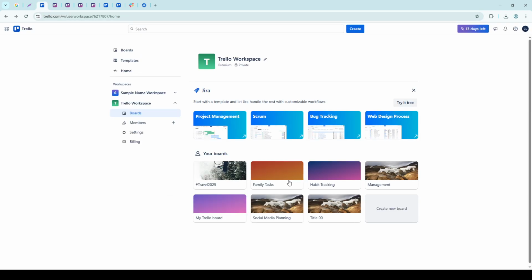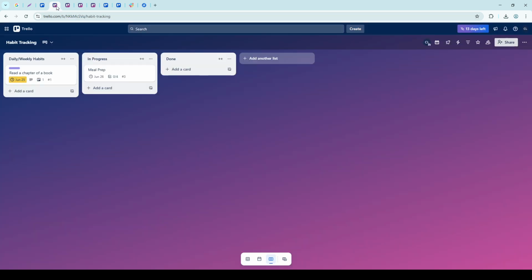Once you're logged in, the next step is to navigate to the Trello board from which you want to export data. If you have multiple boards, take a moment to locate the specific board you need. If you're managing a lot of projects, using the search function or scrolling through your dashboard can make this process a bit quicker.